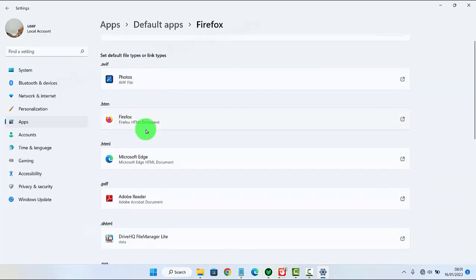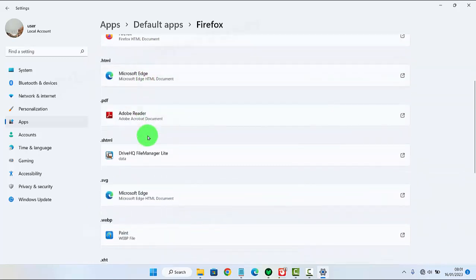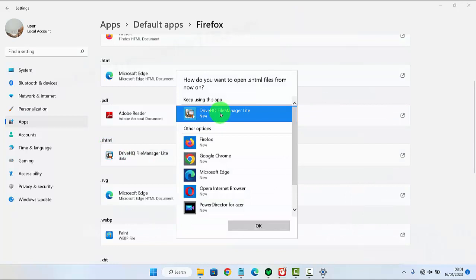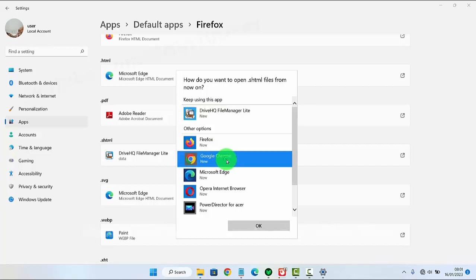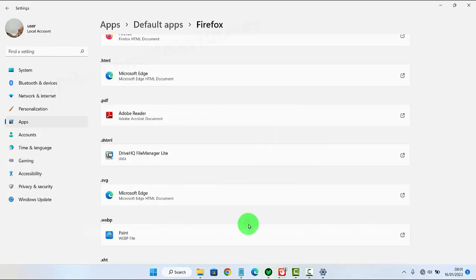Scroll down the screen, and then on the HTML, tap Default App, and then select the app you want to set as default to open the HTML files, for example Google Chrome, and then tap OK. Now Google Chrome is set as the default app to